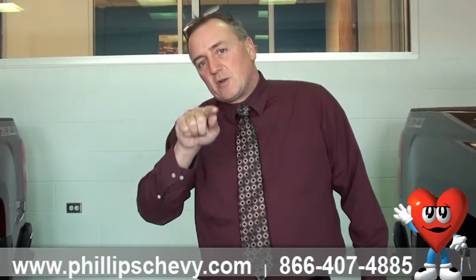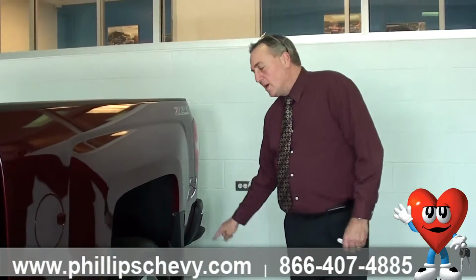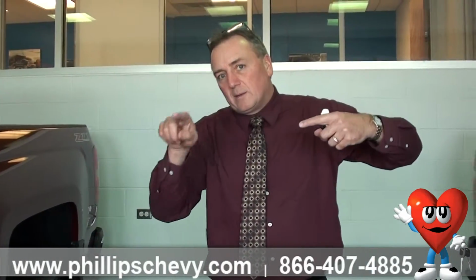What that means is this, some of you already know this, but for the people who don't know what a gear ratio is, it is basically the number of times your drive shaft goes around. So if you have a 3.42 gear ratio, it's 3.42 revolutions per one revolution of your tire. Okay? So the more often that drive shaft goes around to turn that wheel one time, the more pulling power your truck's got. So we've got, in our Silverado lineup, a V6 that has a 342 gear ratio